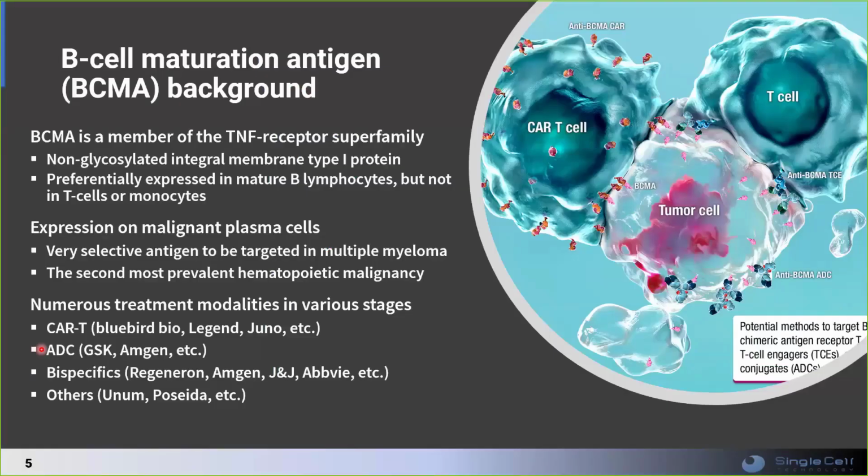And let's go into BCMA a little bit. I'm not going to talk about it a lot because I'm pretty sure everybody's familiar with it. It's a member of the TNF receptor superfamily and expressed in the mature B lymphocytes. And actually, I think in the case of multiple myeloma, a lot of them are expressed almost exclusively on the malignant plasma cells. So that makes it an ideal target for